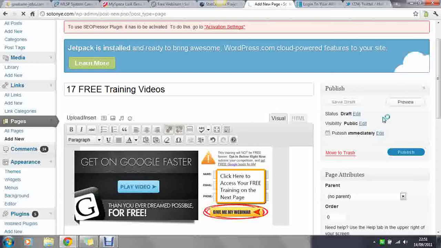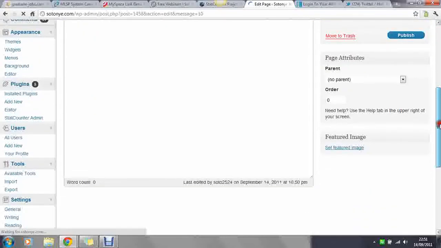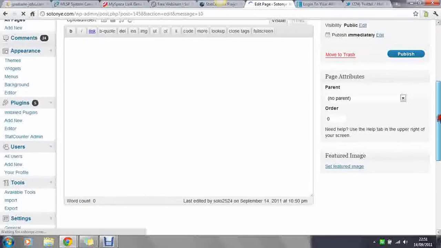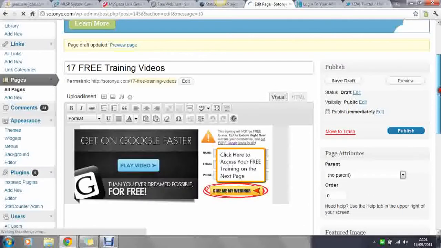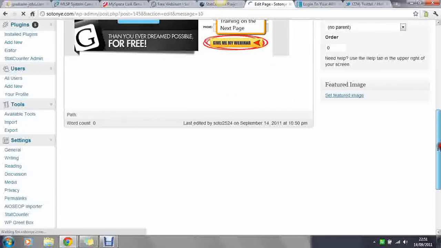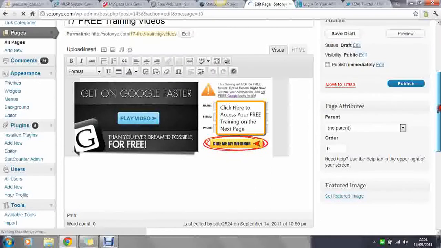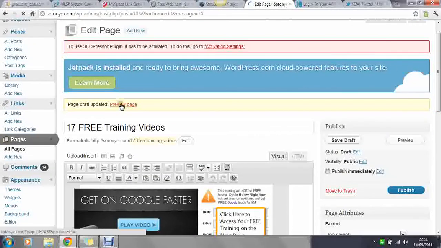There's quite a few windows open. Okay, so that's refreshed now, and there doesn't seem to be anything about the keywords. That's really not important, that's not the purpose of this video. I haven't actually typed anything, so it's not an article, so maybe that's why we don't have that. So preview page, click on preview page,